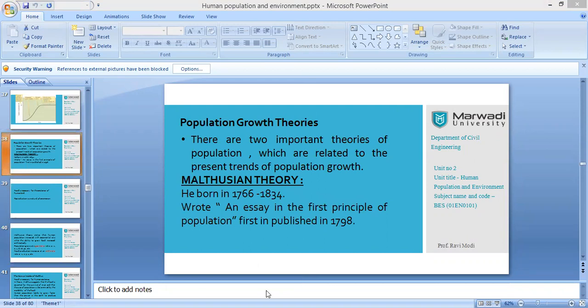Okay, good afternoon, everyone. So, we are here again to finish this module today. We have been discussing this human population and environment module for the last 2 or 3 weeks. Almost all the key numericals that we covered in the last lecture are, I think, clear to you. If there is still any difficulty, you can tell me after the lecture.